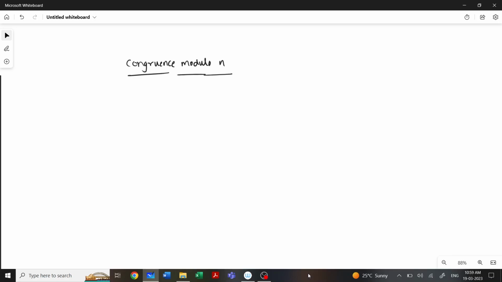This session, we are going to discuss congruence modulo n, or introduction to congruence. So we'll discuss the definition. Let n be any fixed integer and a and b be any two integers. In the definition, we will denote a is congruent to b in mod n. This is the notation of congruence modulo n: for the two integers a and b, we will write a is congruent to b in mod n if